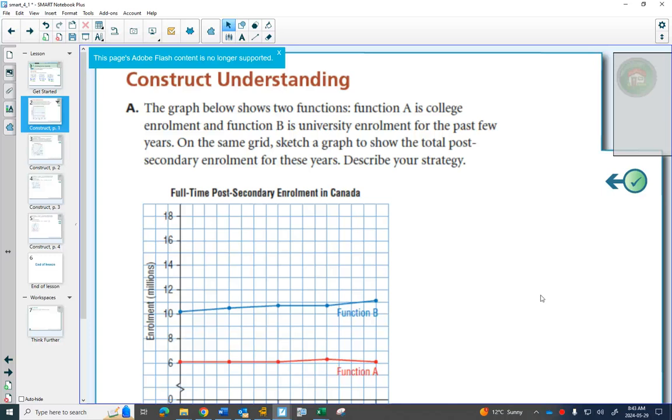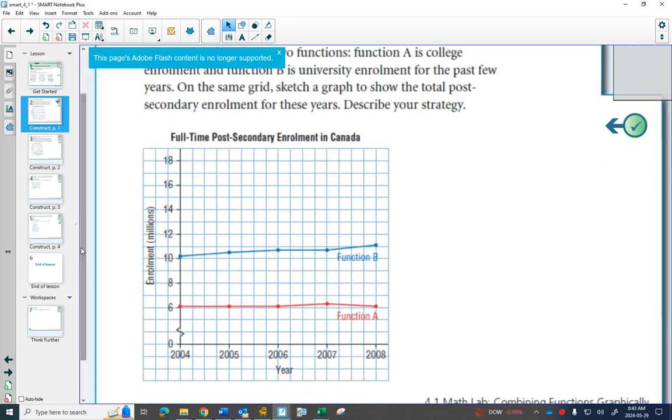So here are two graphs of full-time post-secondary enrollment in Canada. The red graph represents people who are enrolled in colleges, and the blue graph represents the people that are enrolled in universities. So if we scroll down here, we can see in 2004, just over 60 million were in colleges, and just over 10 million were in